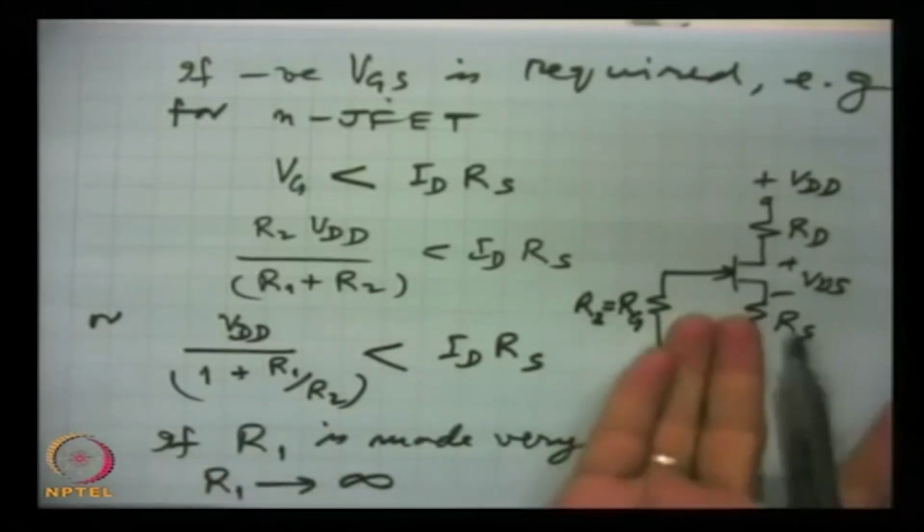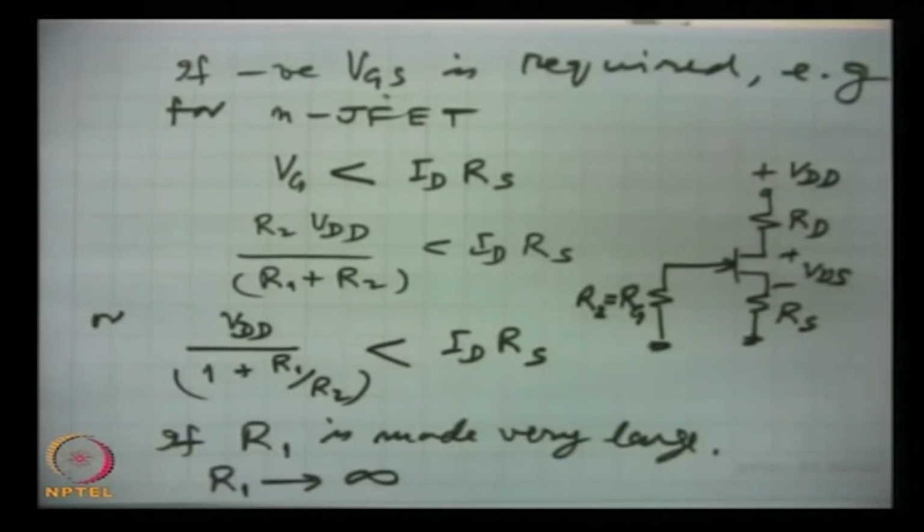So, this is the circuit to get a negative gate source voltage from the voltage divider bias, and we can get the positive also, as we have seen in the previous case. So, this way this voltage divider bias can be used, and this is the one which is quite widely used with the MOS devices, and thus we finish the biasing of